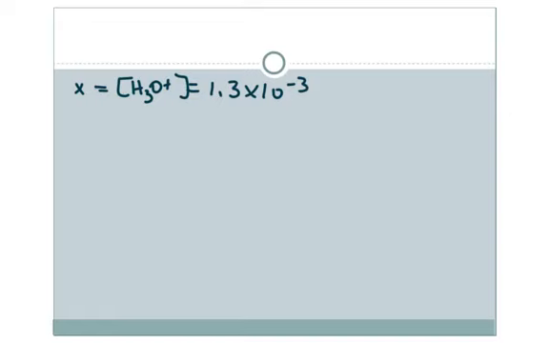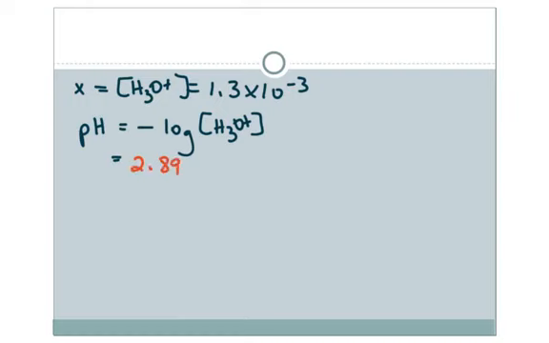The x value is the same as the concentration of H3O+ if we look at our ICE table. And so we can now conclude that the H3O+ concentration is 1.3 times 10 to the negative 3. The next piece it wanted us to solve for was pH. And I'll remind you that pH is negative log of our concentration here. So we're going to put that value into our calculator, and we should get